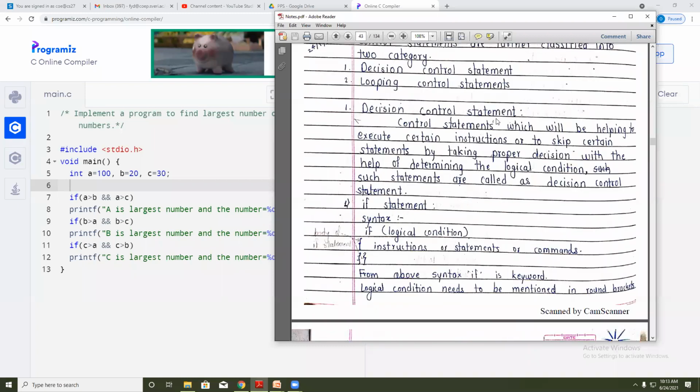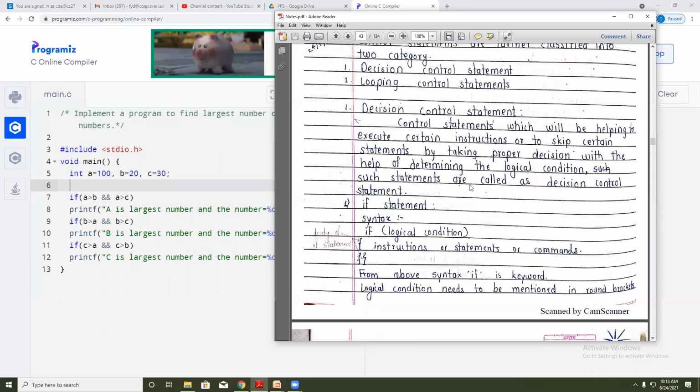Decision control statements are the control statements which help to execute certain instructions, or to skip certain statements, by taking proper decisions with the help of determining a logical condition.